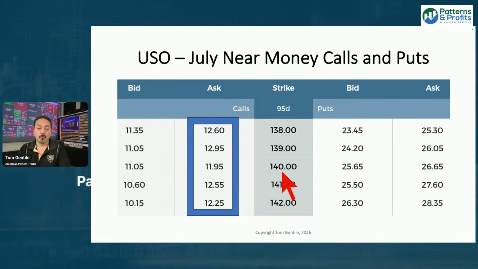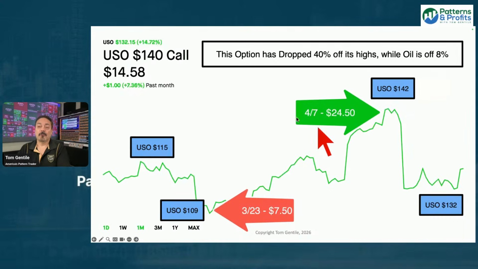But the real push that I want you to look at is a chart of those 140 calls. So here's the 140 calls, and I actually pulled this up looking at Robinhood, because with Robinhood, you can actually set a call option and put it on your watch list. Then go to your watch list and click on it, and it opens up the chart. And you can bring the chart up, the options chart, for a day, a week, a month, 3 months, a year, or its actual max.